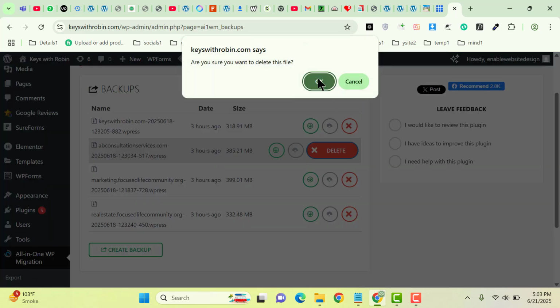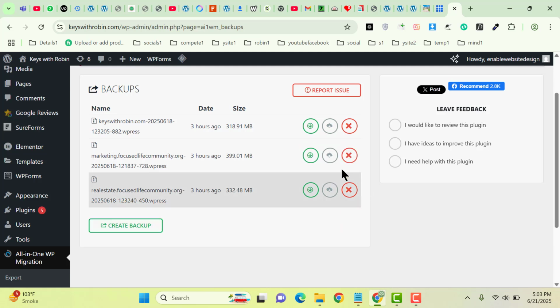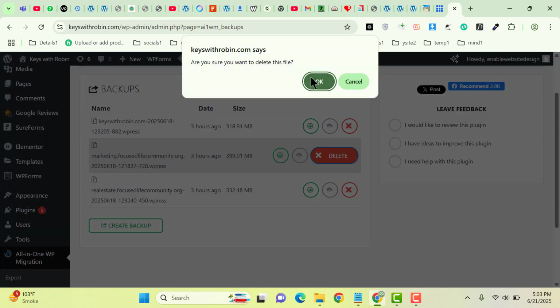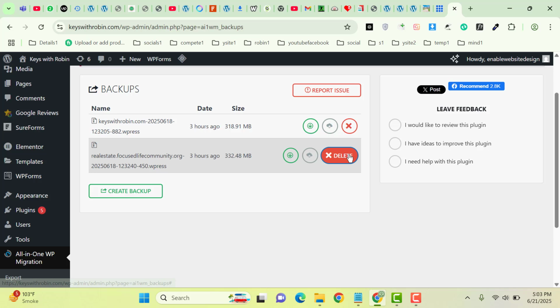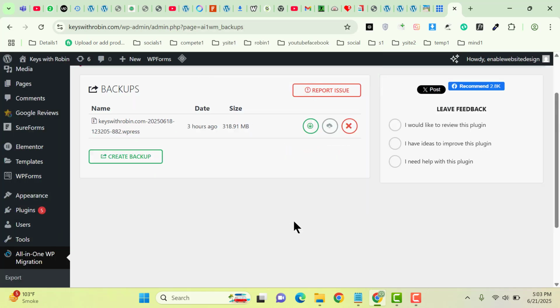Simply you need to click on delete button. In this way you can remove all of the extra backups from WordPress website dashboard, and you can save a lot of your